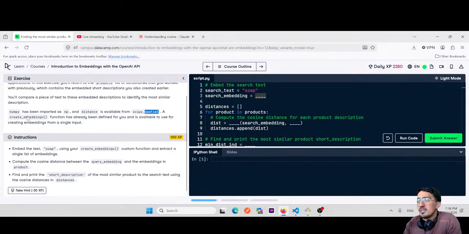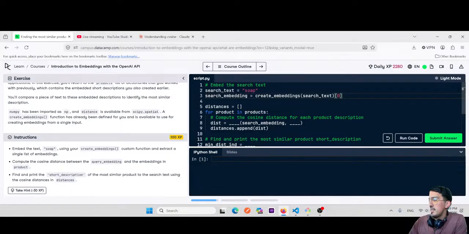Okay, so search embedding. Yeah, we're gonna do this. We're gonna do the create embeddings from the search text, and because it's in an array, it's gonna be 0 because there's only one. And here I'm gonna do the distance cosine, the search embedding, and here is gonna be the